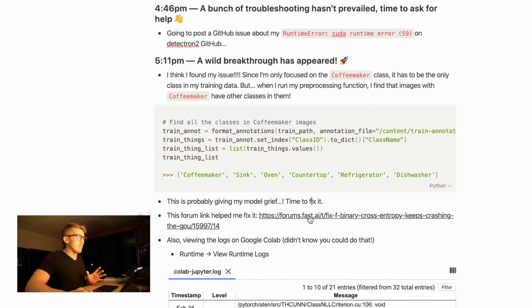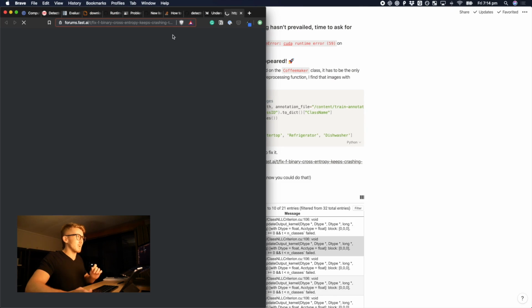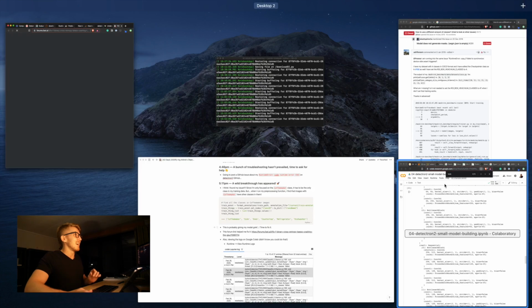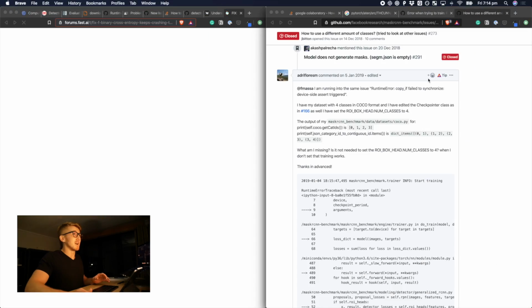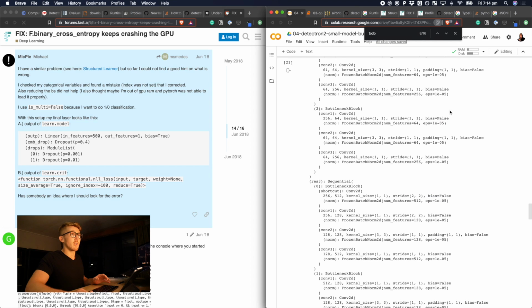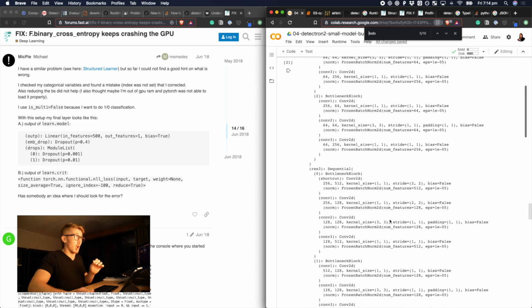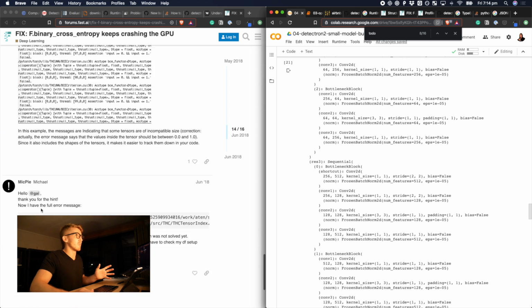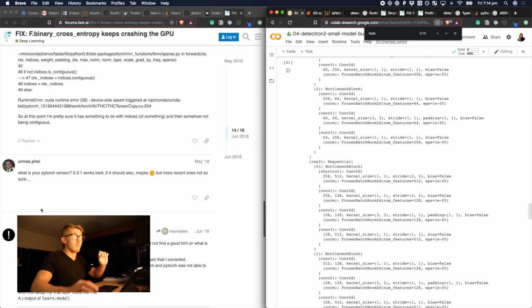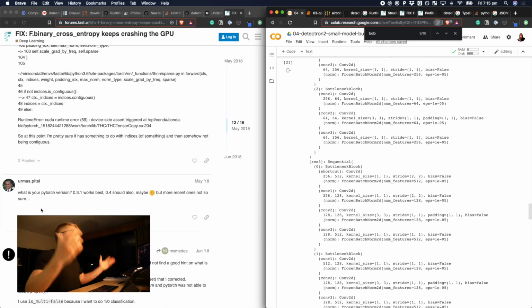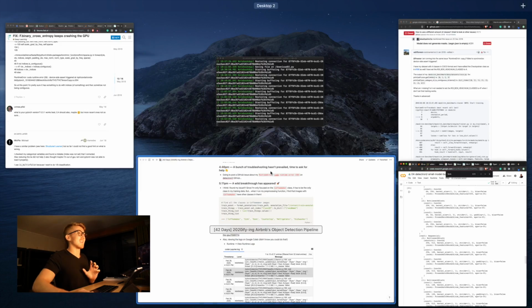So this is probably giving my model grief. Time to fix it, and that's what I did. I went to this link. As you can see, I've got a whole bunch of links. Look at this, 3 windows full of links. I'm going to struggle to find where I'm supposed to run my code in a minute, but I read through a whole bunch of links on the fast.ai forums, shout out to fast.ai, and figured out it's a dimensionality issue,